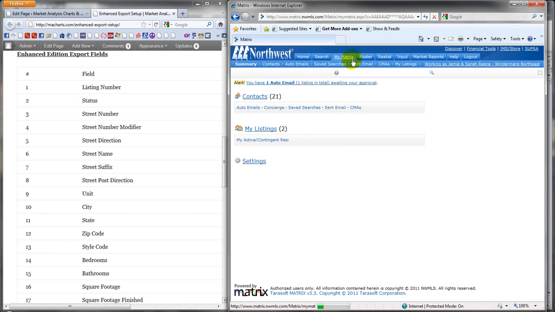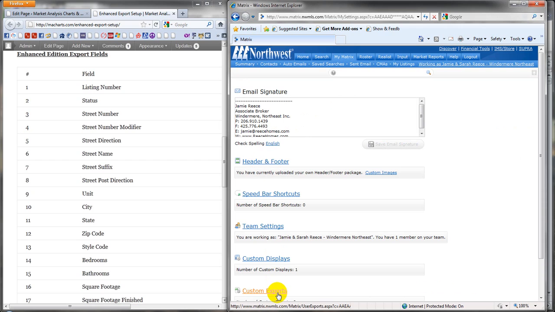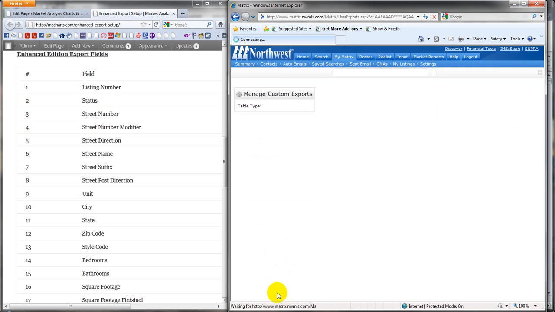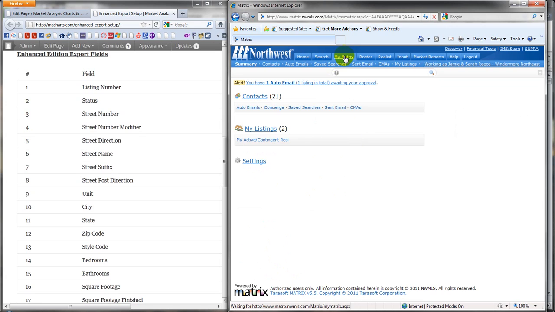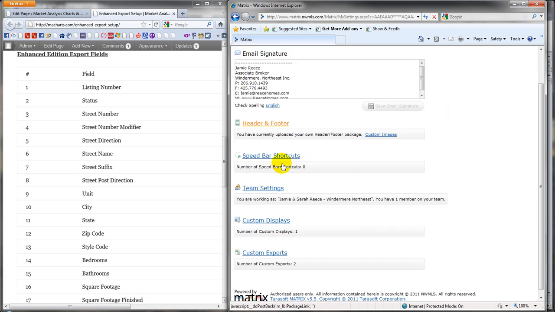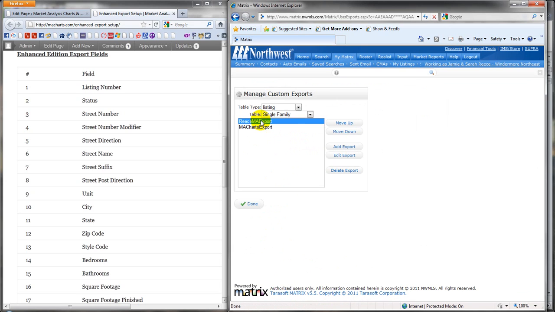Okay, now to get to the ability to create exports, you start off from Home in Matrix, you click on My Matrix, you click on Settings, and then you click Custom Exports. Perhaps I was a little too quick there, so you click My Matrix, Settings, you scroll to the bottom, and you click Custom Exports. Alright, you can see that I've already created a couple of custom exports here, but I'm going to create another one. So we're going to click Add Export,